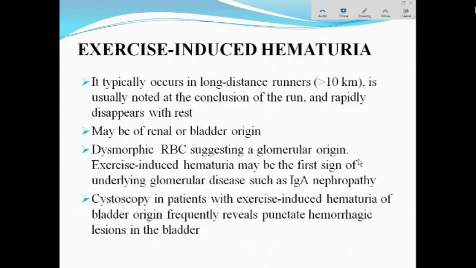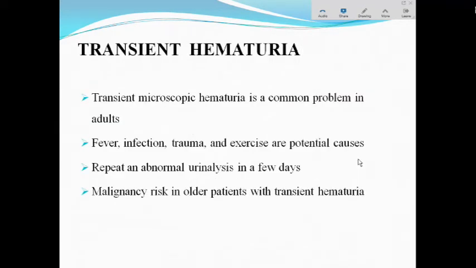Okay, we will go a little bit into transient hematuria, because this is a commonly encountered problem. You will see a lot of patients in OPD or on your ward rounds. During history, a young patient will come and say that I had hematuria. When you do examination, there may be mild microscopic hematuria, but subsequent examination will be clear, there will be no hematuria. There are various causes of transient microscopic hematuria, such as infections, fever, trauma, or heavy exercise. Once you repeat the analysis, it will be normal.